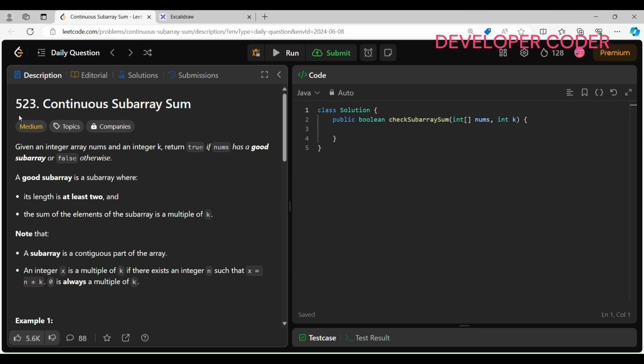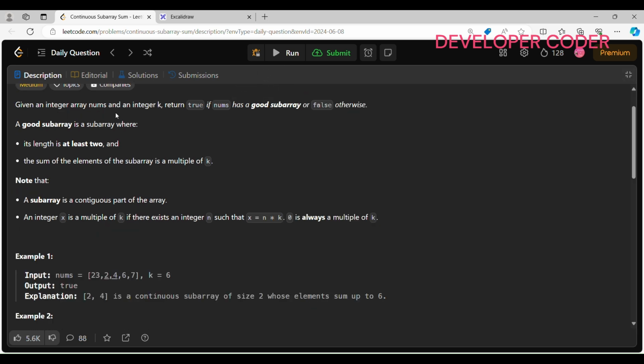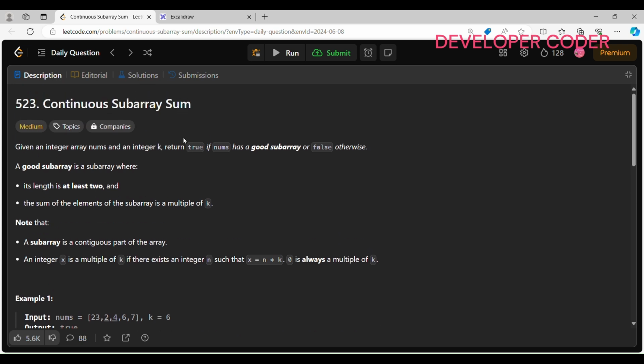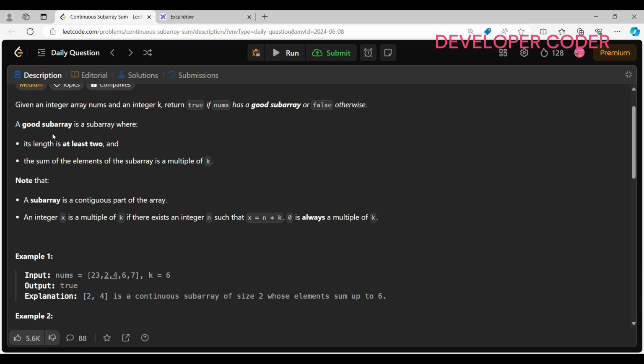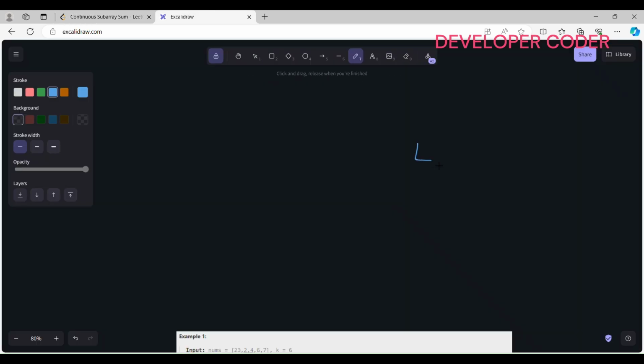So today I am going to solve problem number 523, Continuous Subarray Sum. In this problem, we are given an integer array nums and an integer k. We have to return true if nums has a good subarray, or false otherwise. So what is a good subarray? A good subarray is a subarray where its length is at least 2. So length should be greater than or equal to 2,